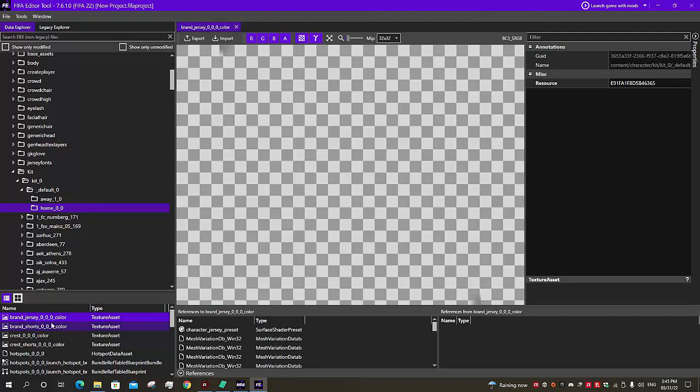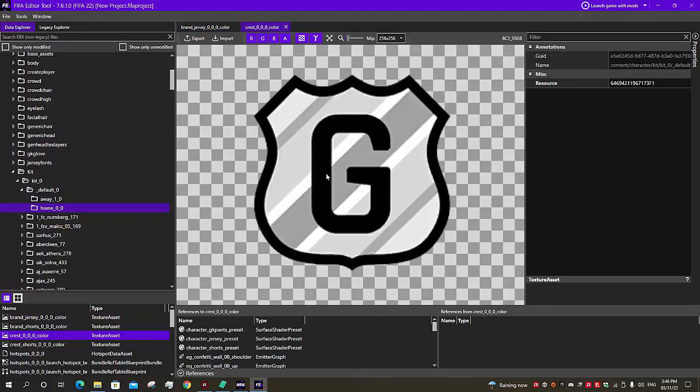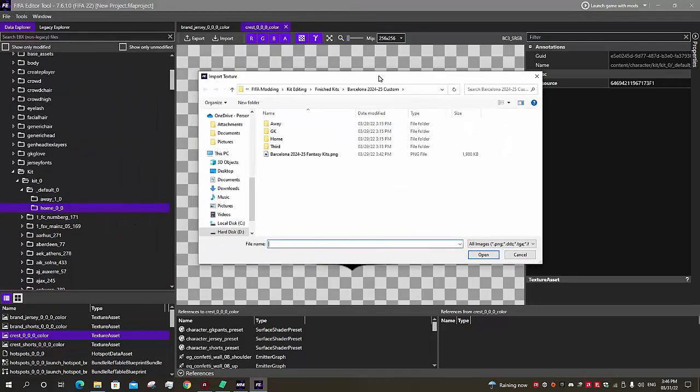Now usually here for kits, for example for the Barcelona brand jersey, there would be a Nike logo here, but since this is an empty kit it doesn't have anything, so you can ignore that. But you need to make sure to replace the crest or logo, the team logo. So you double click it, open, then go ahead up top, import, and then